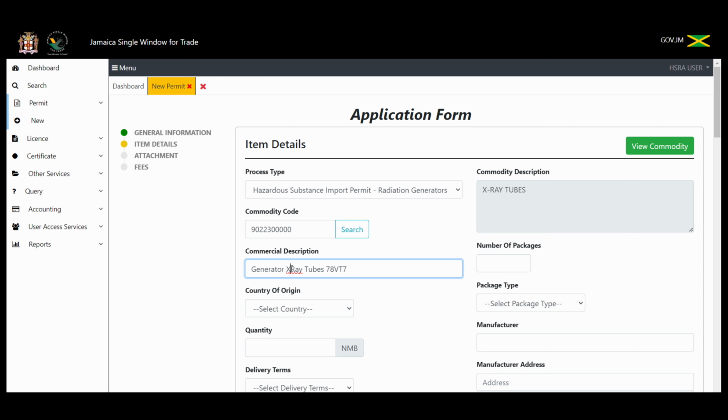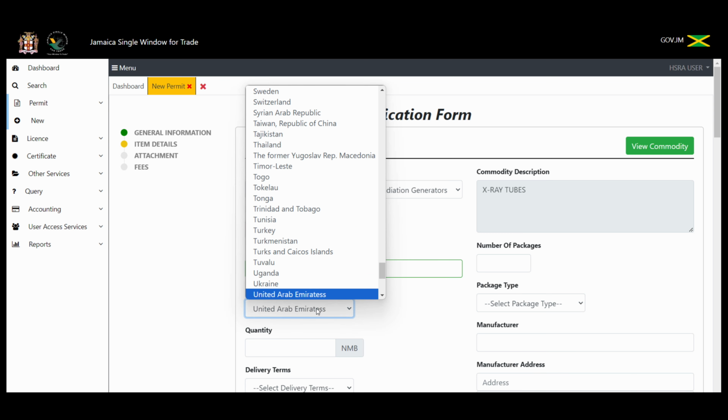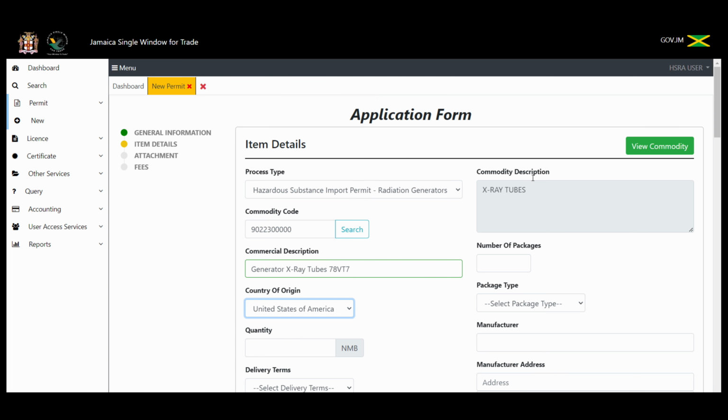Now, the next step after entering the common name or the commercial description is to enter the country of origin. Now, the country of origin identifies the country where the goods were manufactured. So you enter the country of origin,